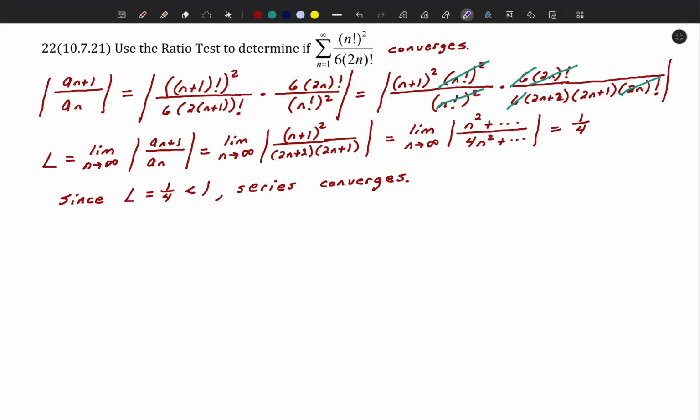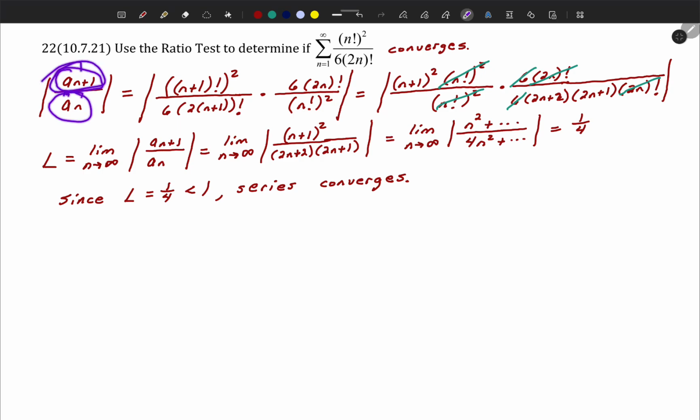Okay, so the ratio test is asking us to look at, in your book, it would have said the a sub k plus first over the a sub k term. Most books say a sub n plus 1 over a sub n. You just say, well, it's the next term over the term right before it. So if I look at the a sub n plus first term divided by the a sub nth term here,